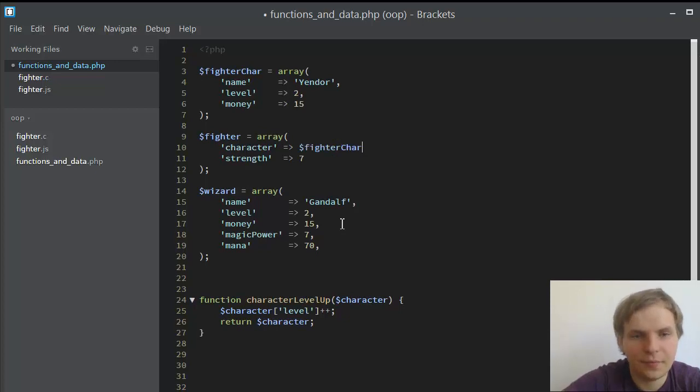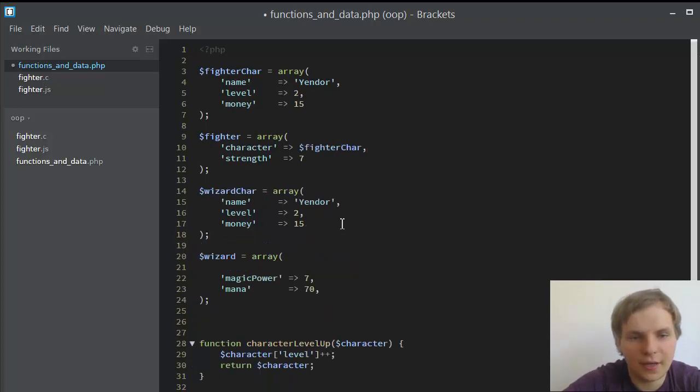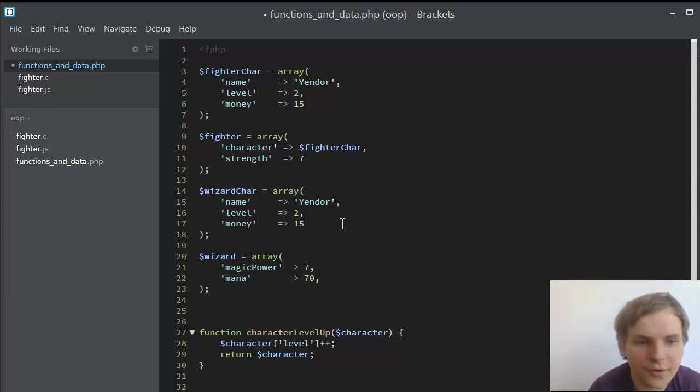With this, if we look at our wizard, we see that creating a new character is always a chore, because we have to actually define the name, level, money as a separate structure, put it in a different structure, and then add the same stuff, and we always have to make sure that we're doing the same stuff over and over again. So classes